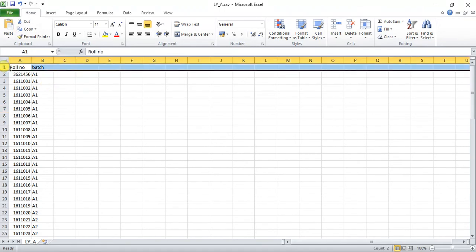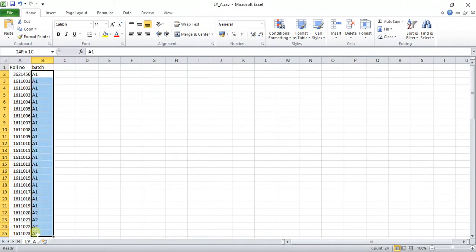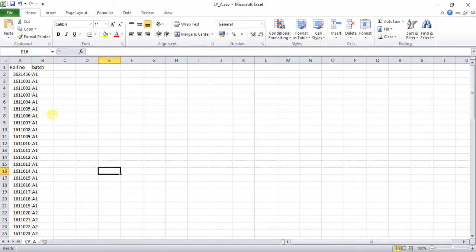And in the first row you have to write the headers, and from the second row you have to write all the ID numbers and roll numbers of the students in the first column. In the second column you can write the batch or the groups of the students. So this is the way to prepare the sheet, and most important, you have to save this file as a